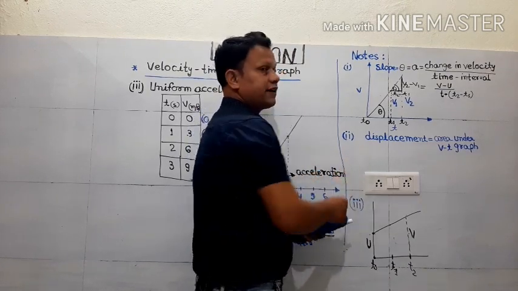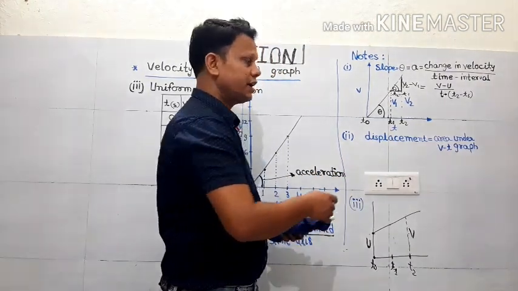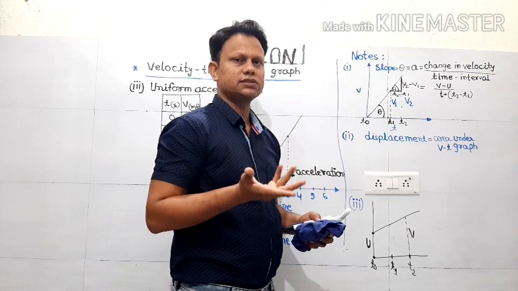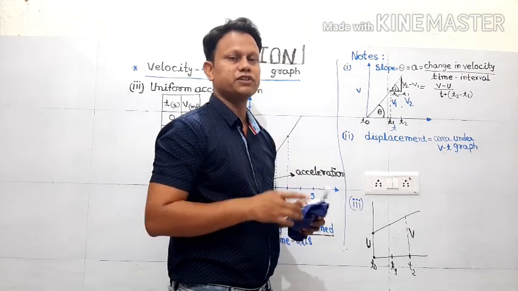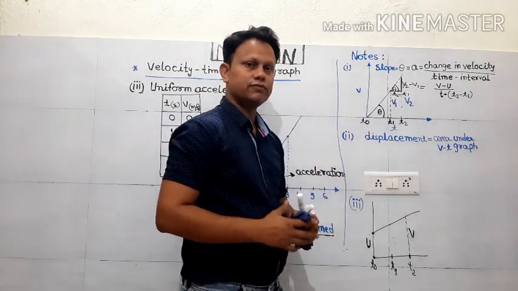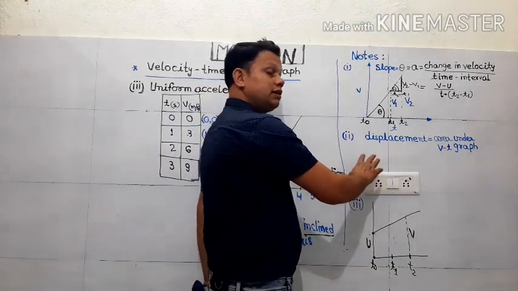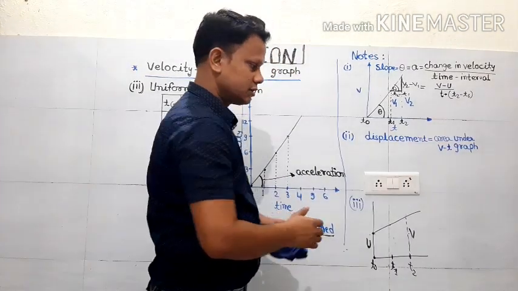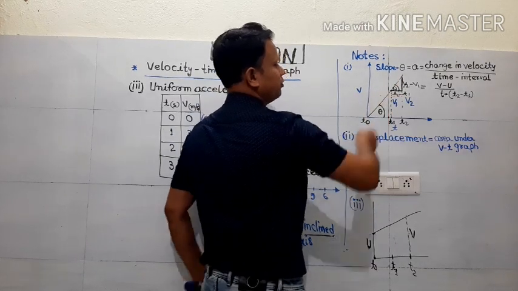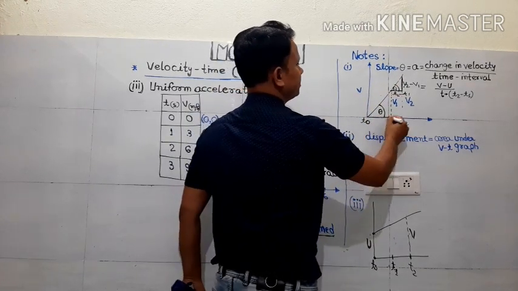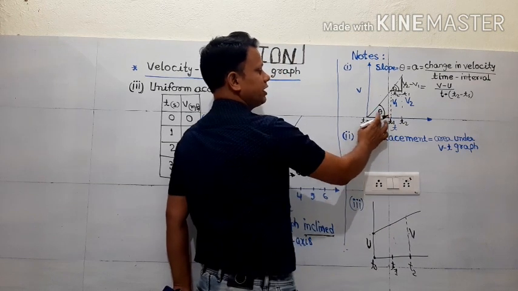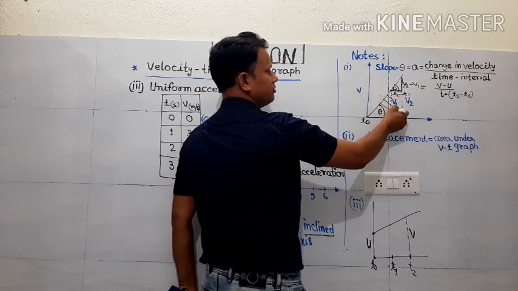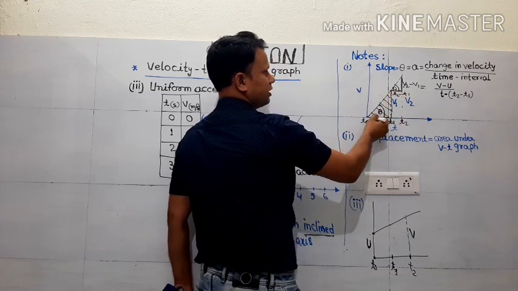Now another fact related to uniform acceleration. We can get the distance traveled or displacement of the object. Since the path is straight, we can take distance or displacement, but it is the value of displacement which we can calculate with the help of this graph. How can we calculate? So mathematically the value of displacement is equal to the area under the VT graph. Means suppose this is the graph and we want to know how much displacement has been done between the time period t1 and t0, or t2 to t1. So suppose t1 to t0. So you find out the area of this region. Suppose this is, what kind of shape are we getting here under the VT graph.